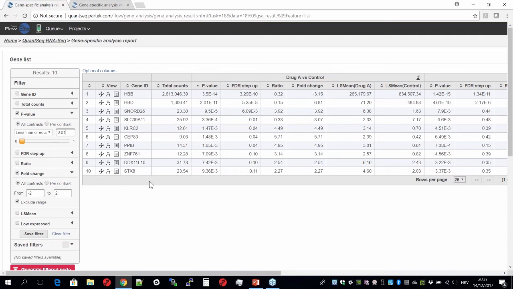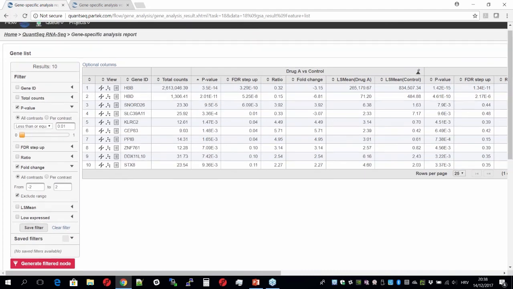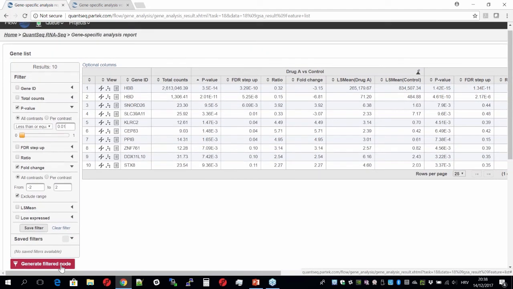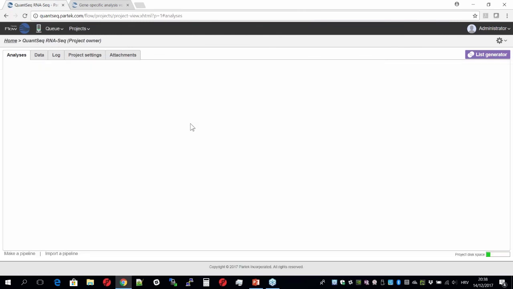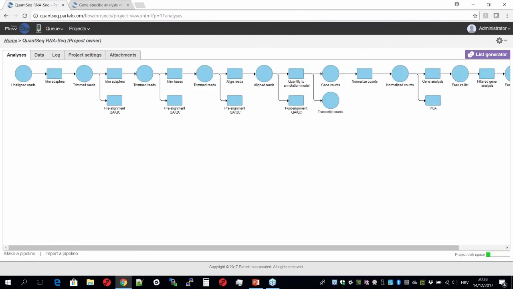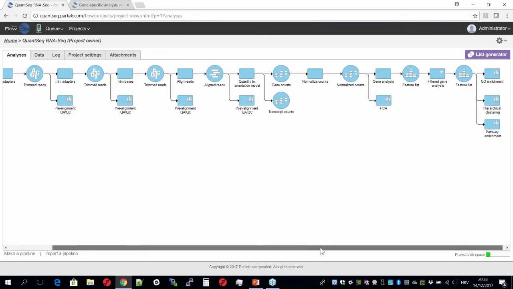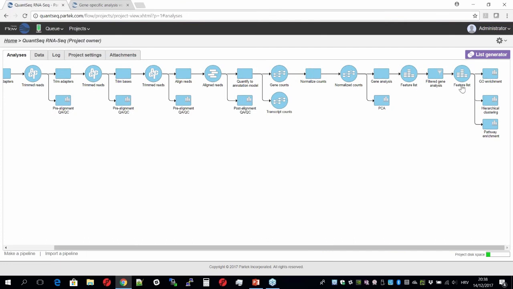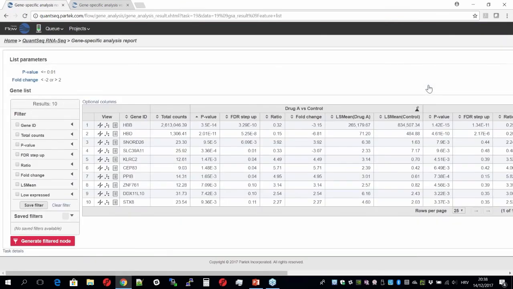Now, I will push only those genes to the downstream analysis by hitting the Generate Filter Node button. You see it in the lower left corner, which actually extracts my significant genes to another node. This one here, feature list after filtering. This is also a gene table, but with 10 genes only, my significant genes, and the filter criteria are listed